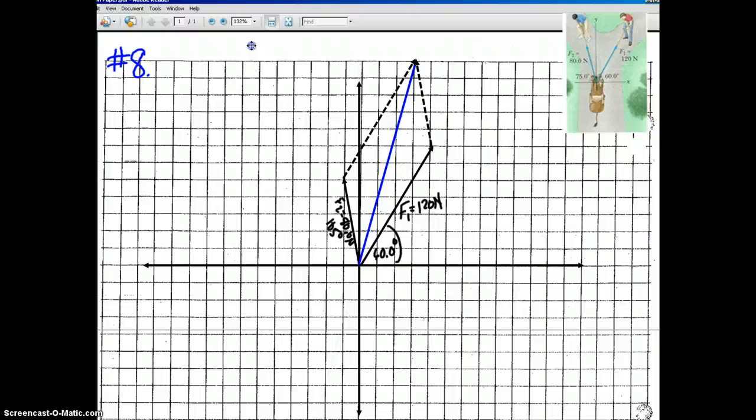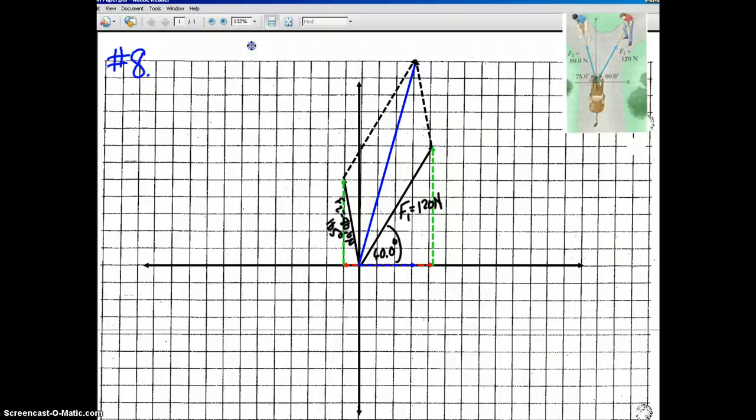All right, everything's pre-labeled here. Let's take a look at what we're going to do. We're going to need to find the x component, which is in red here, and the y component, which is in green, of our F1 vector. And we need the x component, also in red, and the y component there in green, for F2. Okay? All right. So now that we have our right triangles sketched out,